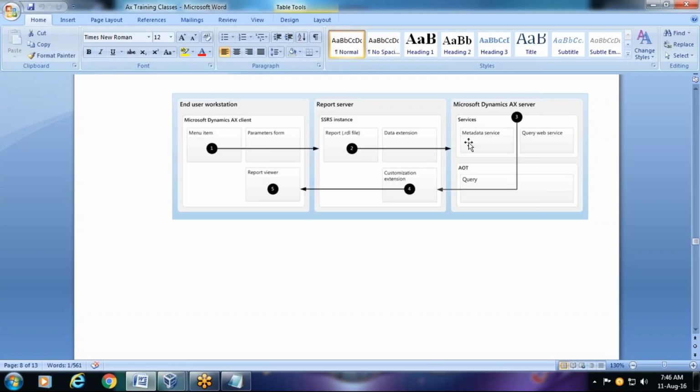Then it will see the metadata service and the query web service. Just think of the design first in the report server: it will take the design. From the design, it has to put some data into it, right? That is happening with the query web service. Now in the design the data has come up, and from there again it will show on the screen